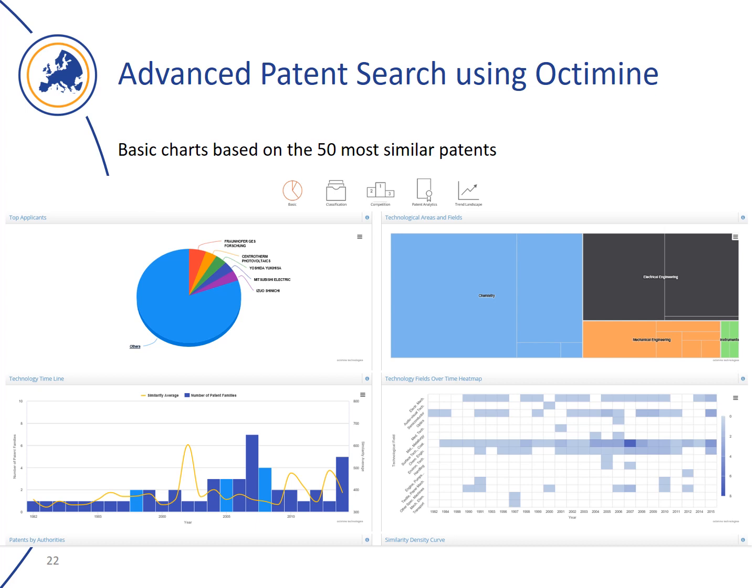Here in this case, you have a depiction of the top applicants. Clearly most of them are the other applicants, but the single most important applicant in this case is Fraunhofer Gesellschaft, and here you have a depiction on the right